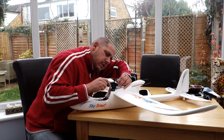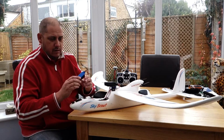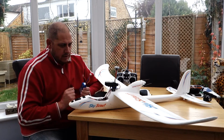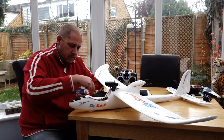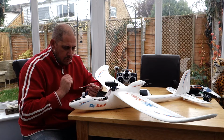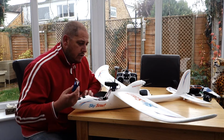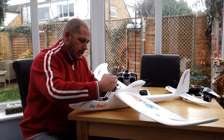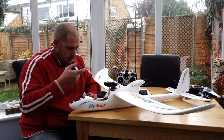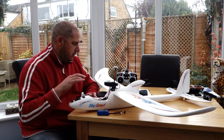So that's all it is, a JST lead, and on there it has a balance connector. Now I use a 3-cell battery in this plane, which is one of these little 1300 milliamps. Flies for about 20 minutes easily, this plane on this battery. And I normally plug it in with this Dean's connector here that plugs into the speed controller and powers the whole plane. And basically this piggybacks by plugging in to the balance lead, that takes the pos and neg off there, and it also runs the camera, and that works really well. The camera doesn't take a lot of power, and the transmitter and that, so it's fine. With the weight on here and the battery right at the front, this balances out absolutely fine and flies absolutely fine,